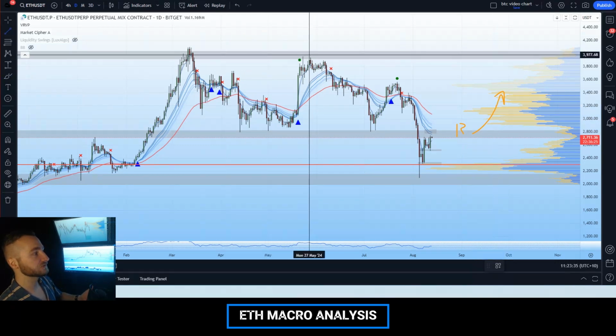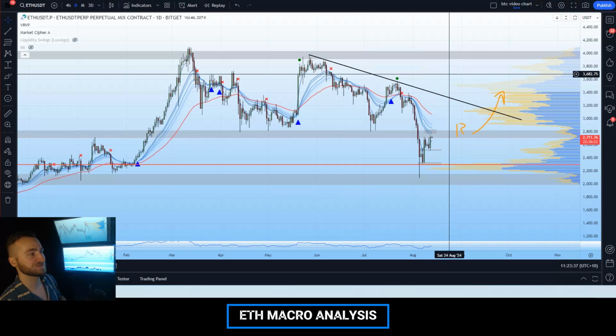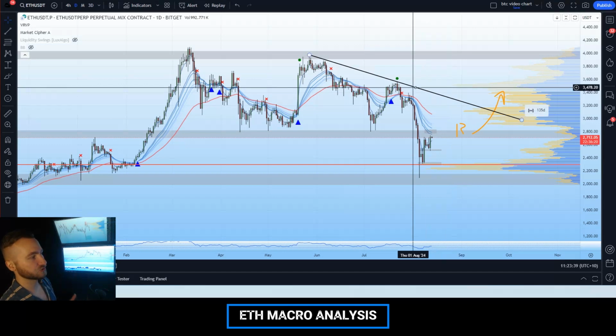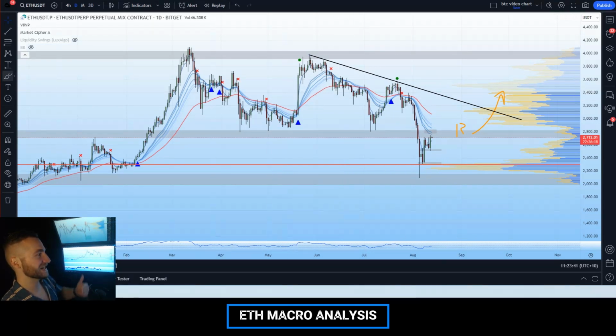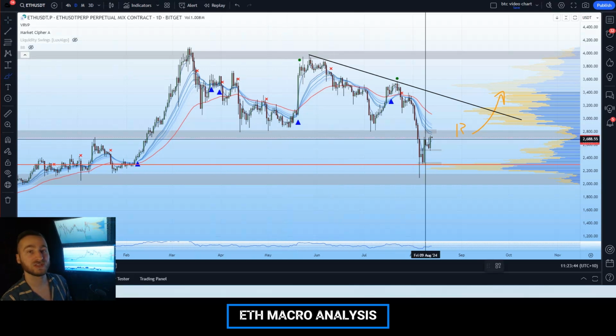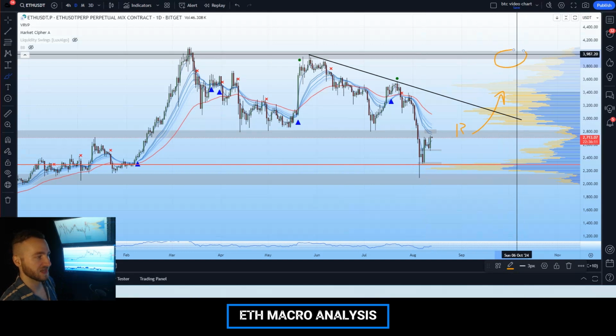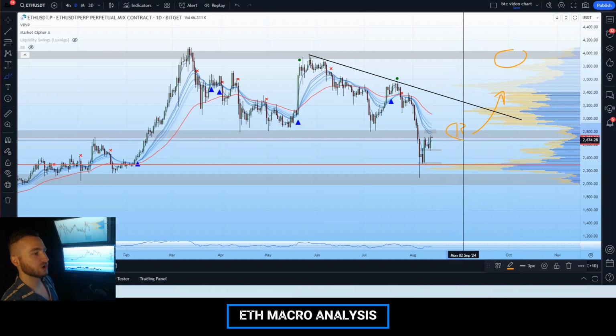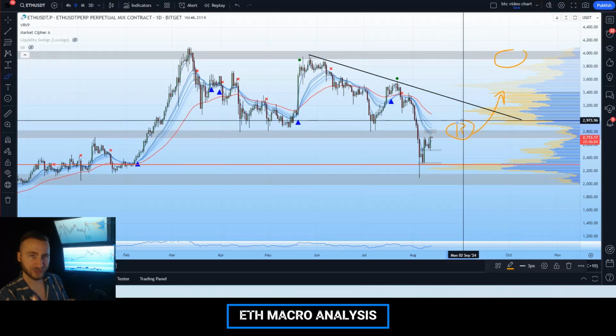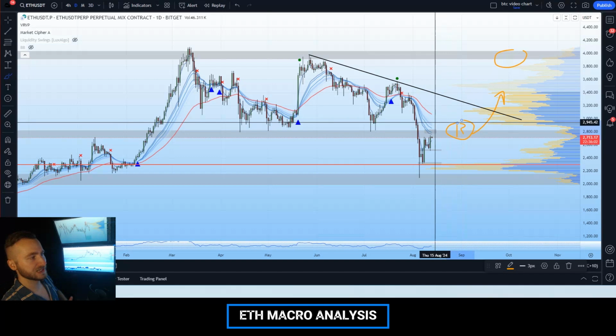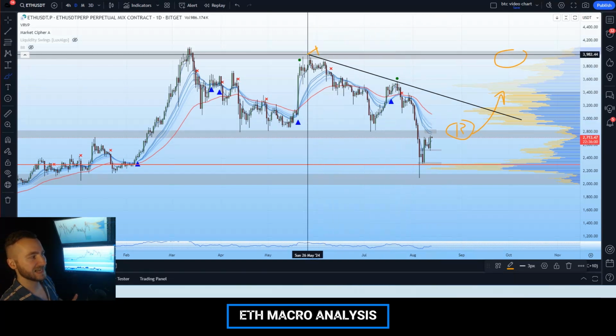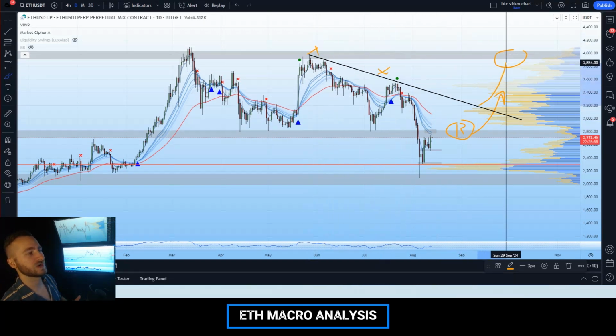Additionally, if we do see that breakout of the horizontal region, we still have this downtrending diagonal resistance, which is a challenge, a hurdle, a barrier which Ethereum is going to need to break through to see that continuation up to 4,000. So step number 1 is to break through this current area of resistance. If we break through that resistance, step number 2 is to break through the macro downtrending resistance, and that is when Ethereum is going to be officially in a macro uptrend according to our diagonal levels.